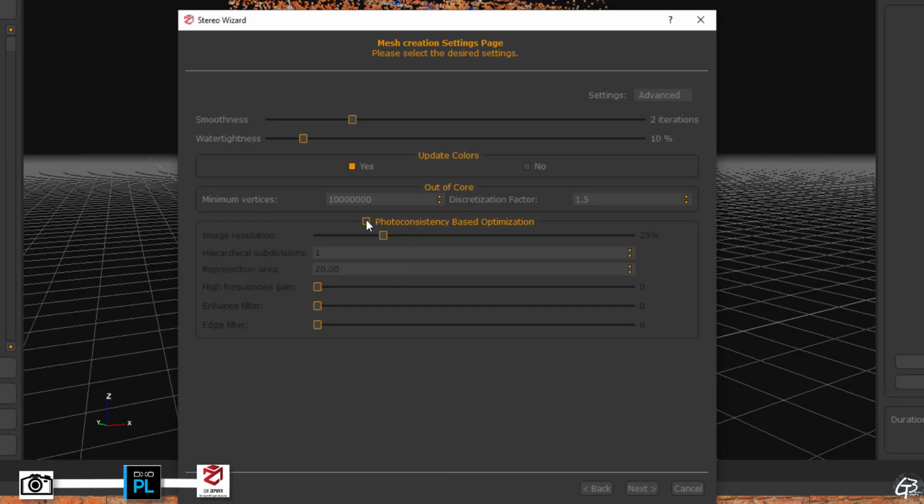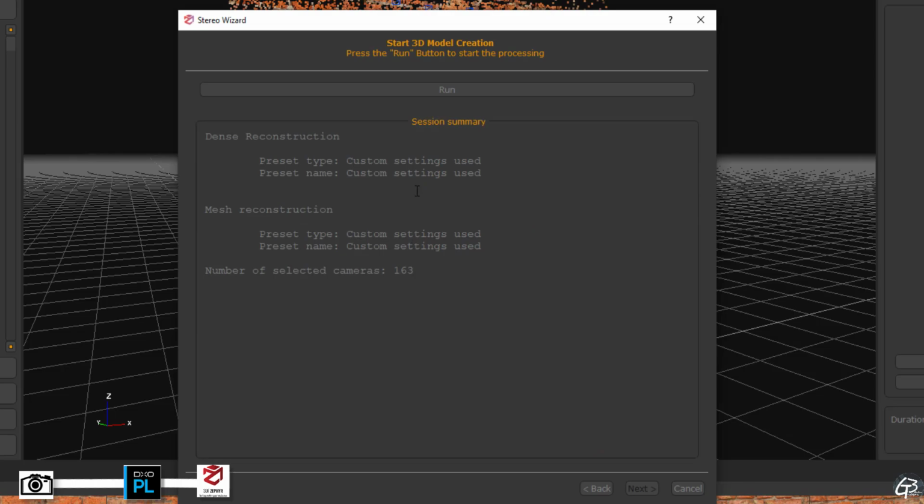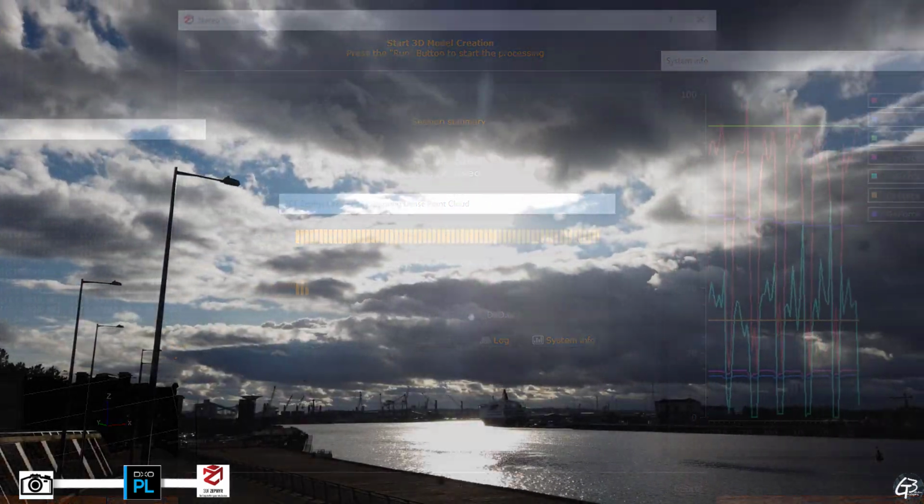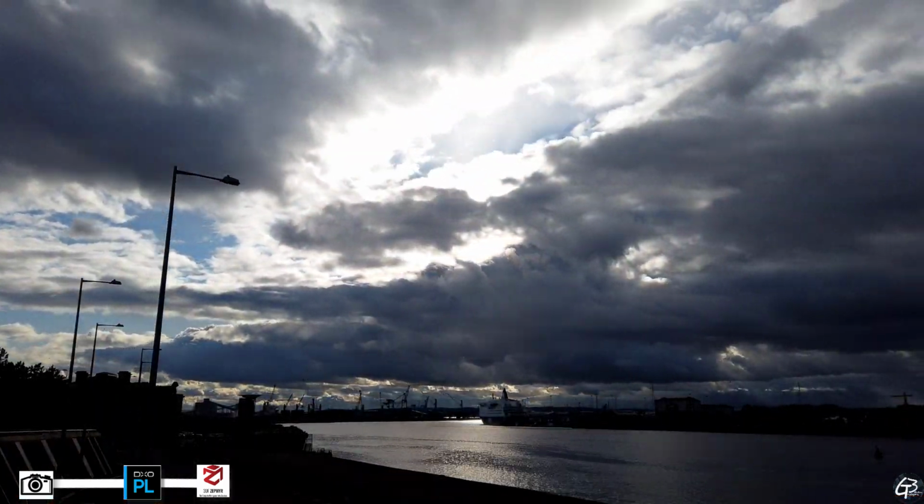This way we get a bit less destructive photogrammetry workflow, as we don't have to start from the beginning if we are not happy with the final result. There is no limit to amount of photo consistency passes we want to apply, and we can mix them together. Of course, it takes time to process each.